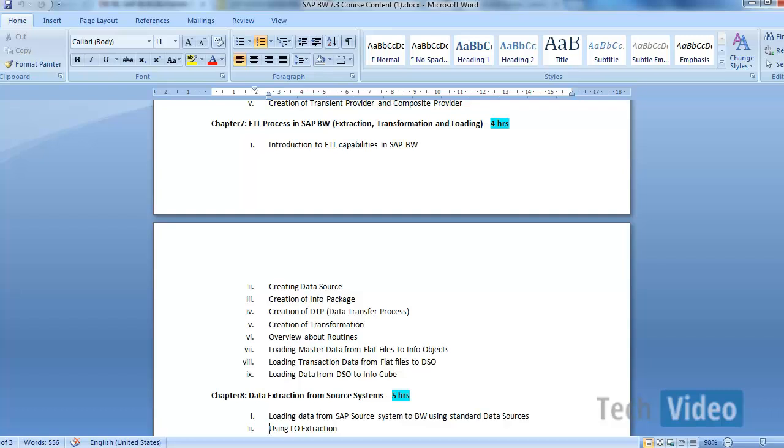The next chapter is about data extraction from different source systems, which is the 8th chapter. When we say data extraction from different source systems, in this chapter we are not going to talk about flat files as a source system. We'll talk about SAP and non-SAP as source systems. So we'll see how to load data from SAP ECC to BW system using standard extractors. We have a lot of standard extractors available in BW and ECC. We are going to see how to activate those standard extractors,